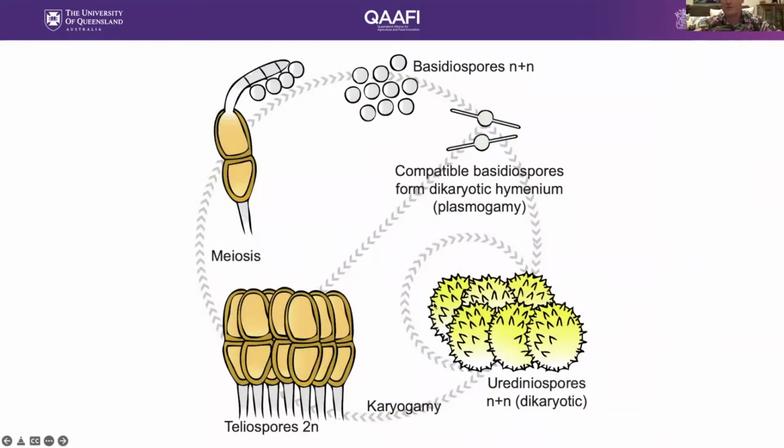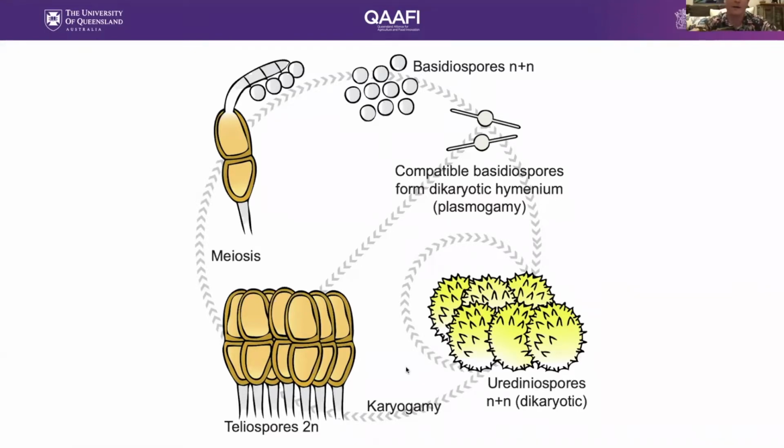So both of these rusts, they're different to cereal rusts. Cereal rusts form spermagonia and aecia on an alternate host a lot of the time, or other species of Puccinia might form spermagonia and aecia on the same host. These two rusts both just have a uredinial stage, which is a stage that just spreads the same genotype as